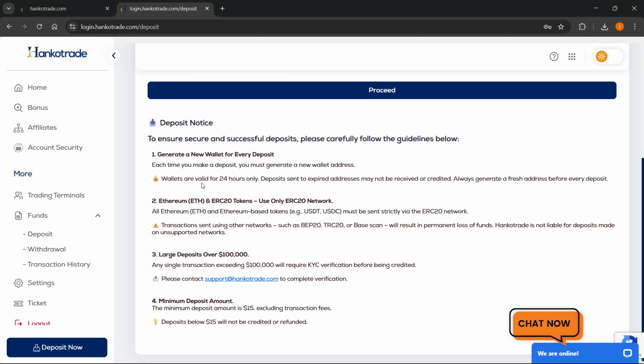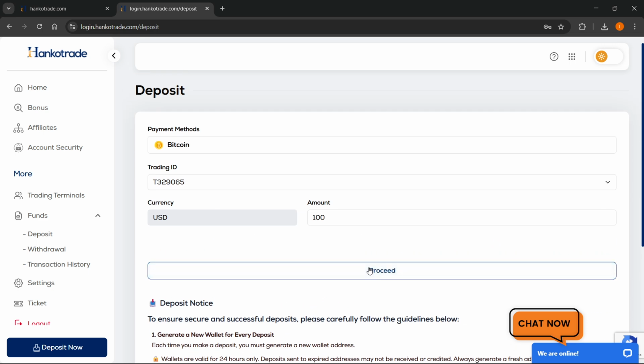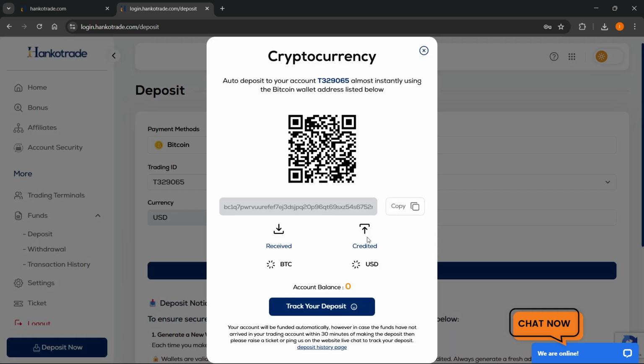And then here, make sure you actually read this beforehand because it's very important. And then click on Proceed. It's going to take you to the next step over here, where basically what's going to happen is you're just going to receive your address. There we go. So you're going to be able to see your own QR code and your own wallet address,